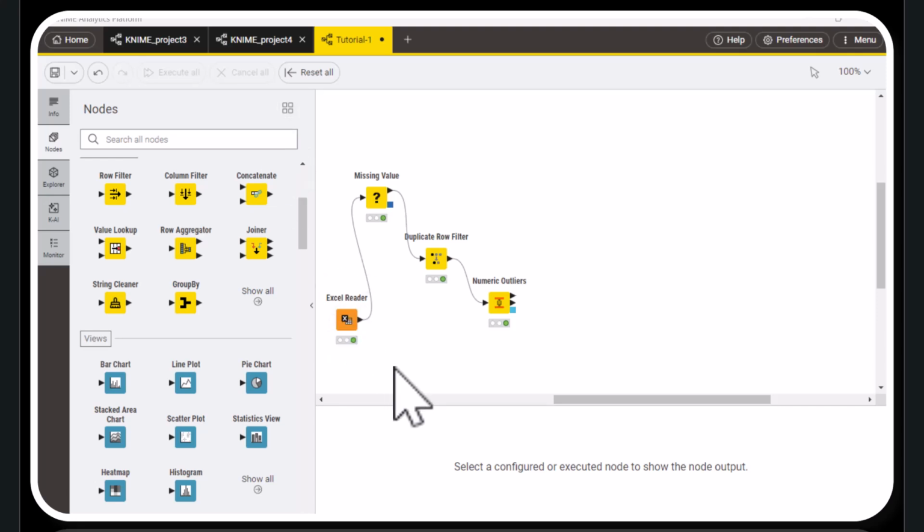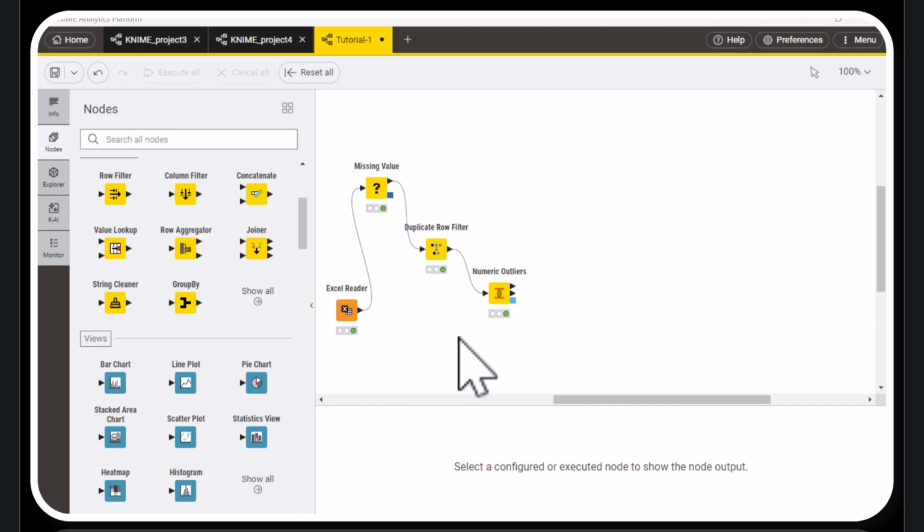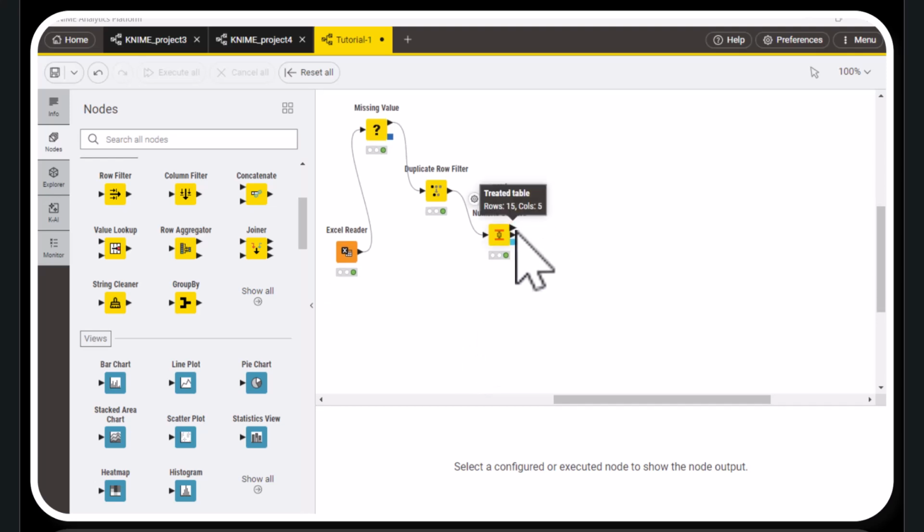In this video, we are going to look at data visualizations. We are going to make some graphs and plots using KNIME analytics platform. So let's continue to build our workflow. And from this node here, I'm going to